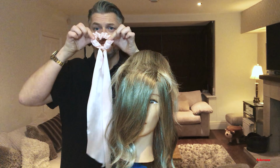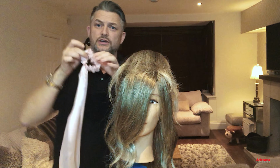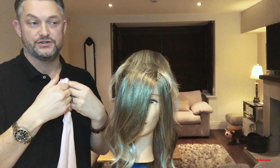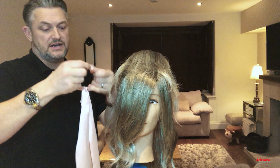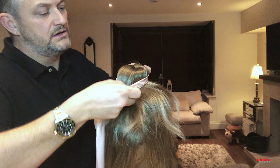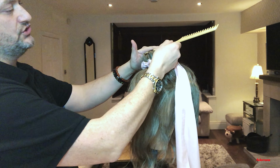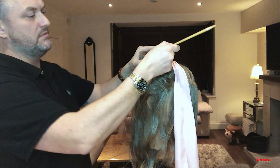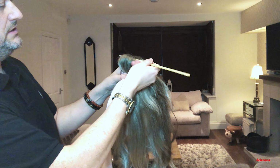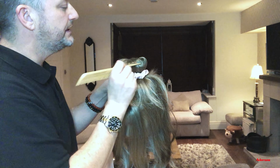I've got a scrunchie ahead of time, and this one has a ribbon on it. Now you could tie your own ribbon onto the hair, or you could just wrap a simple scrunchie round, but I'm going to pop this over the top. The tail of the comb just makes our bun a little bit more chunky. So I'm taking the tail of the comb and lifting this out, lift,